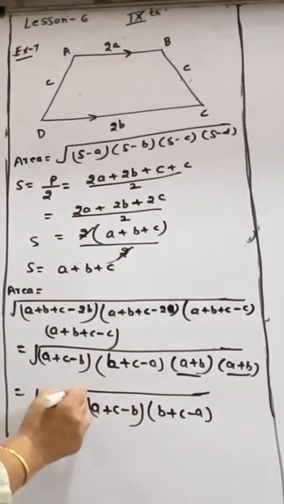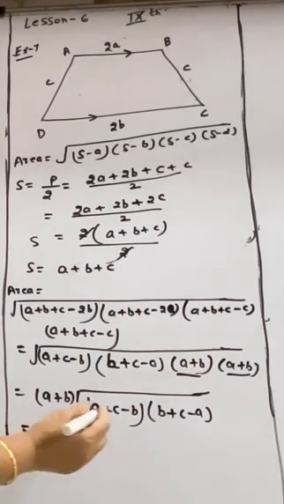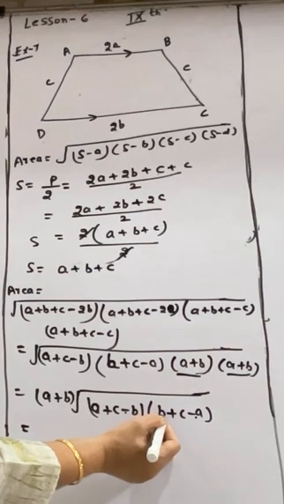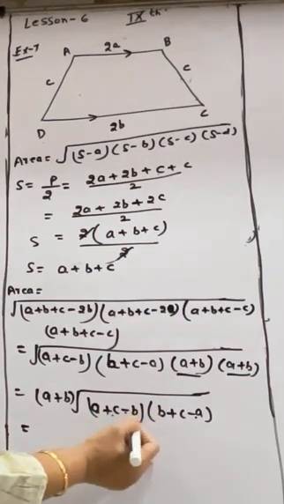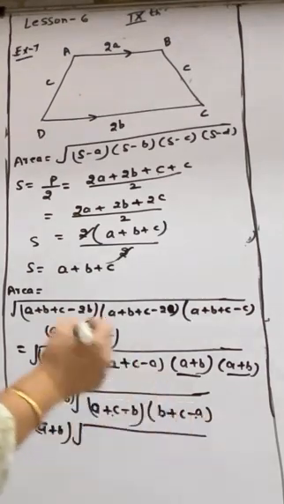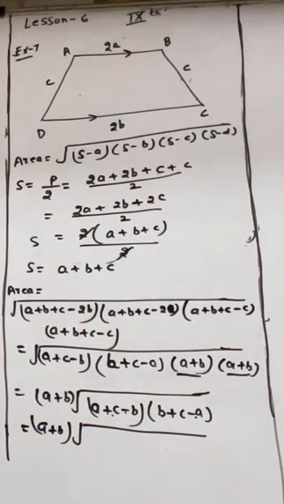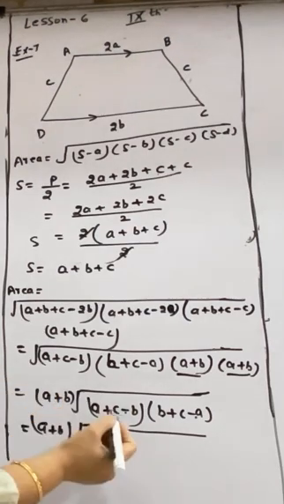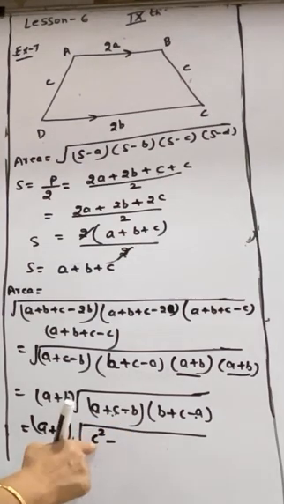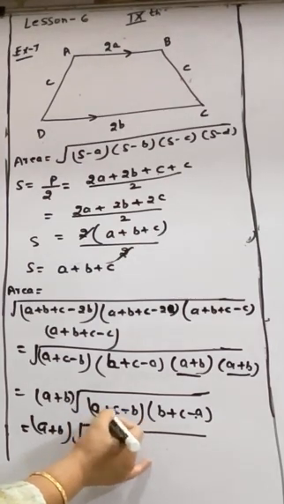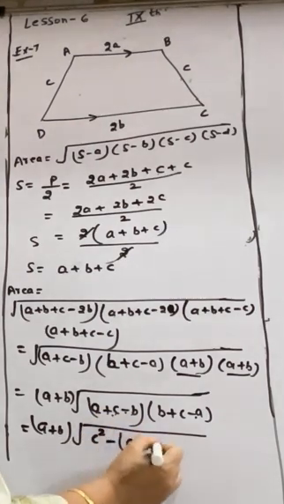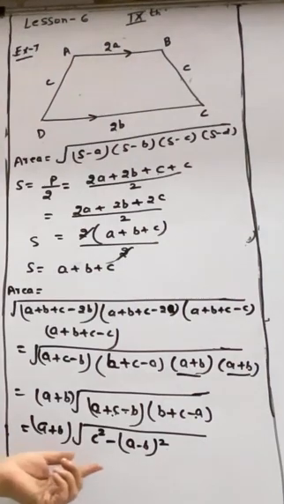Now look here. Which term is not changing the sign? Here A and minus A are changing the sign. B and minus B are changing the sign. C is the term which is not changing the sign. So I am using the formula (a plus b)(a minus b) equals a square minus b square. What is a? The one which doesn't change the sign. Can you see? C is not changing the sign. So it will become C square, and what is changing the sign? A minus B. A minus B is changing the sign. So A minus B whole square. Am I clear? You know the identity?